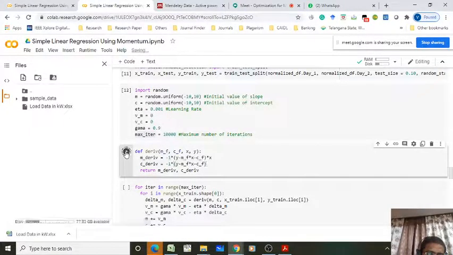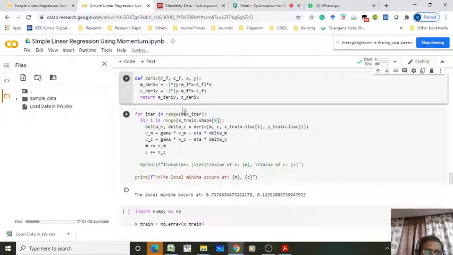And this one is for gradient calculation, and this is your momentum iterative algorithm.